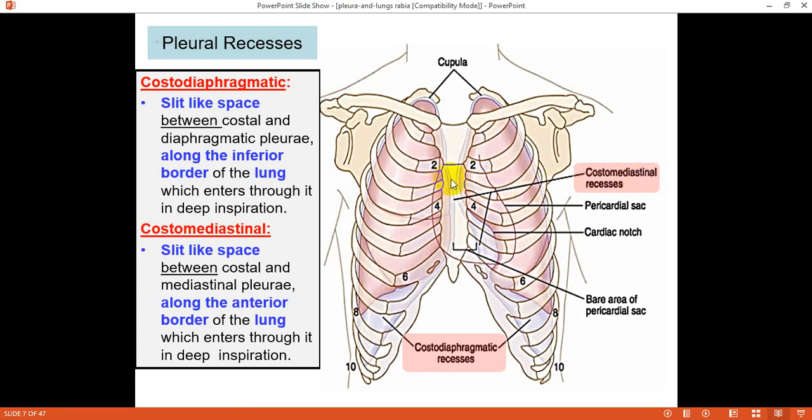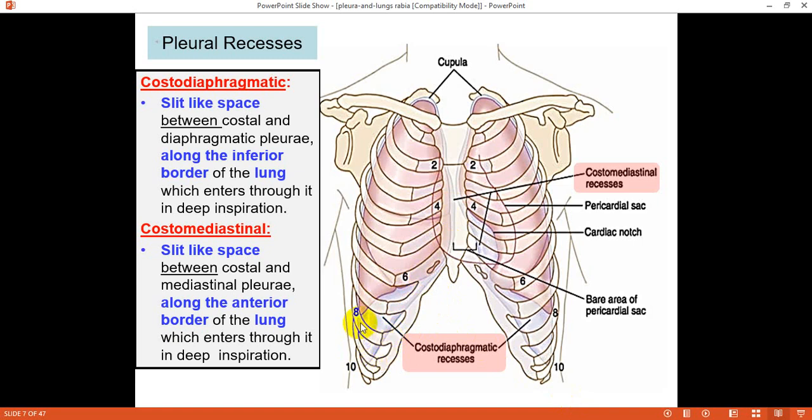This is an extra pocket of pleural cavity anteriorly. The more prominent one is the inferior one, which is between the diaphragmatic part and costal part